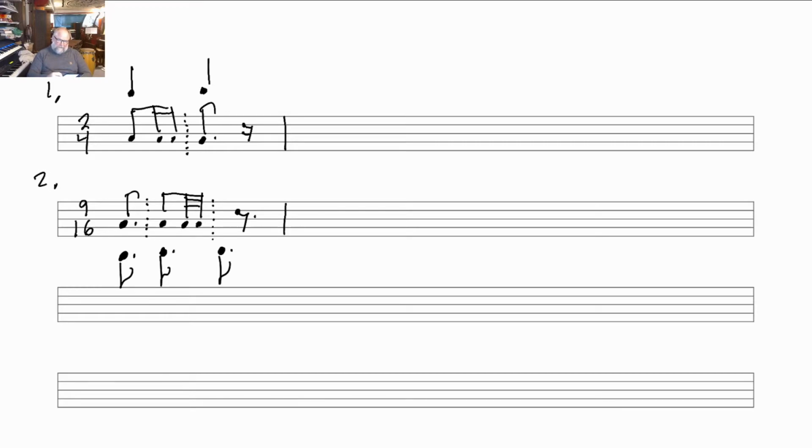So this is number 6, is in 12/4, and you're already thinking, oh, that's a 12, so that's a compound quadruple. There will be 4 beats, and those beats will contain 3 things. What are those things? The 4 quarter notes per beat, and 4 beats. So that adds up to 12 quarter notes. What they give us is